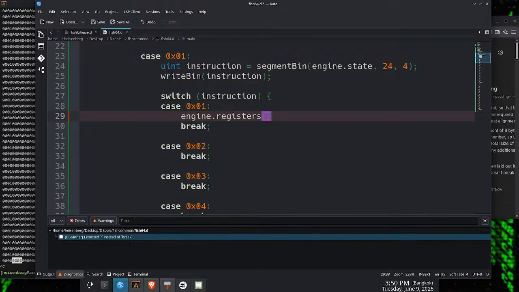That would be a bad idea, to have engine.registers of index instruction. Actually, you could do that technically if you use just one in there. That would work way more efficiently than writing 1,000 cases. However, you still need to have